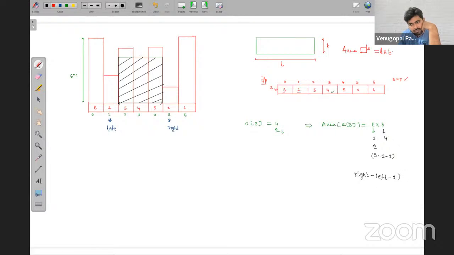To get a length, it is stopped at 5 and it is stopped at 1. 5 minus 1 minus 1, which is 3 length. Okay, so what is its area? Which is 12 units. Like that, for every element, you are supposed to find out.